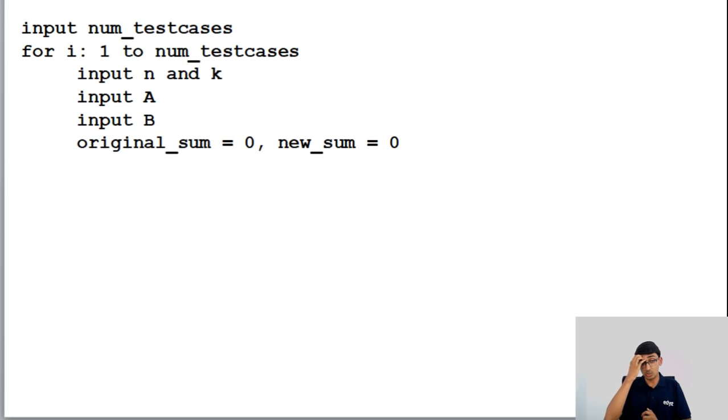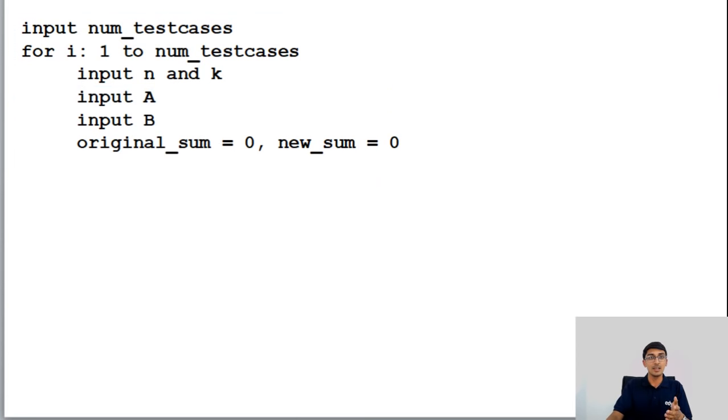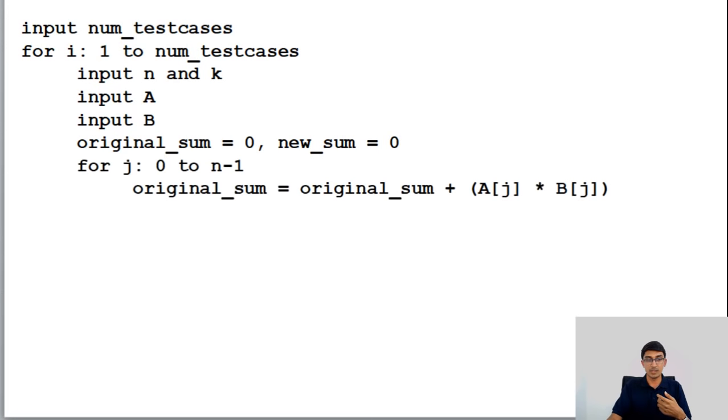All right. So this should be simple. If you look over here, we have written input A, which is inputting of the array A. Inputting an array is not a one-line command. You have to write 2-3 lines for it. But what we're saying here is basically you just have to input the array. So I'll come to that also. Now what we'll do is we'll take the original sum to be 0 and the new sum also, let's say, 0. Okay. Then the first thing that we're going to do, once we have the array,